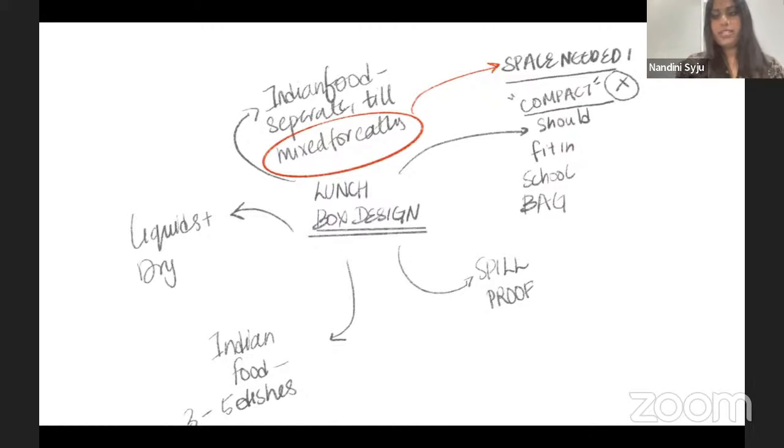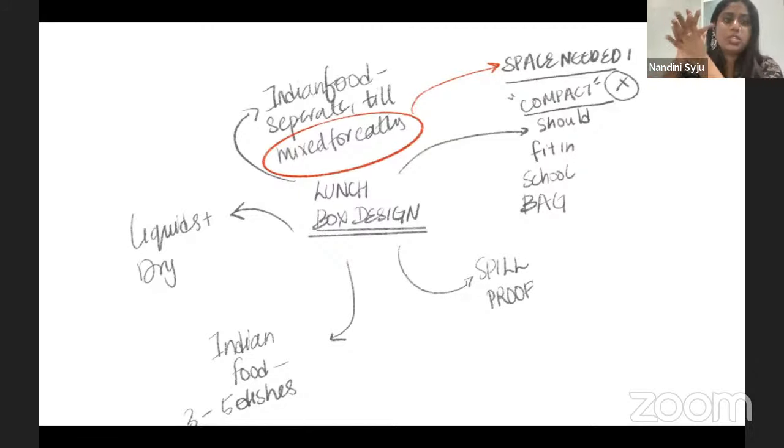But Indian food, if you mix it from too early, like from home, it goes bad. You have to have it separate, and the minute you want to eat, you mix it fresh, but you will mix it. You need space for that mixing if it's North Indian or South Indian, right? And so it's quite, let's say, contrasting with what they've asked for our requirements, because they said that it needs to fit in a school bag. So we will assume that okay, our requirement is compact, but then again they said Indian food, we need space. So again there's a little contrast, so we need to think of that. That is our main, let's call it a pain point. That's our main pain point, right?